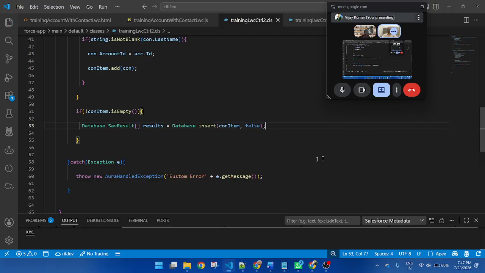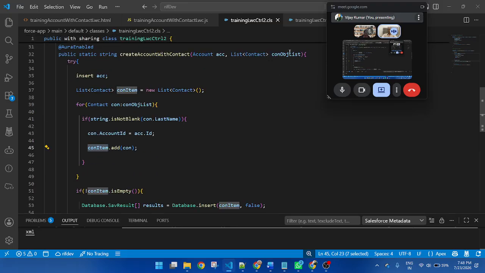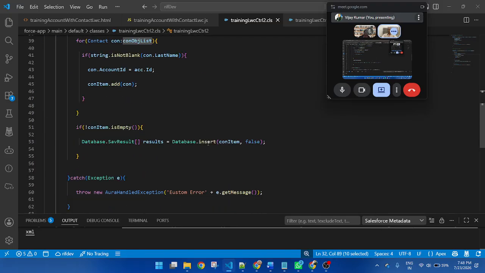False. It will check how many records inserted, how many records failed. So if you are using this, it is a list of the Database.SaveResult. It is a list. And Database.insert, here I'm inserting one dot item, that means the list of the contact.